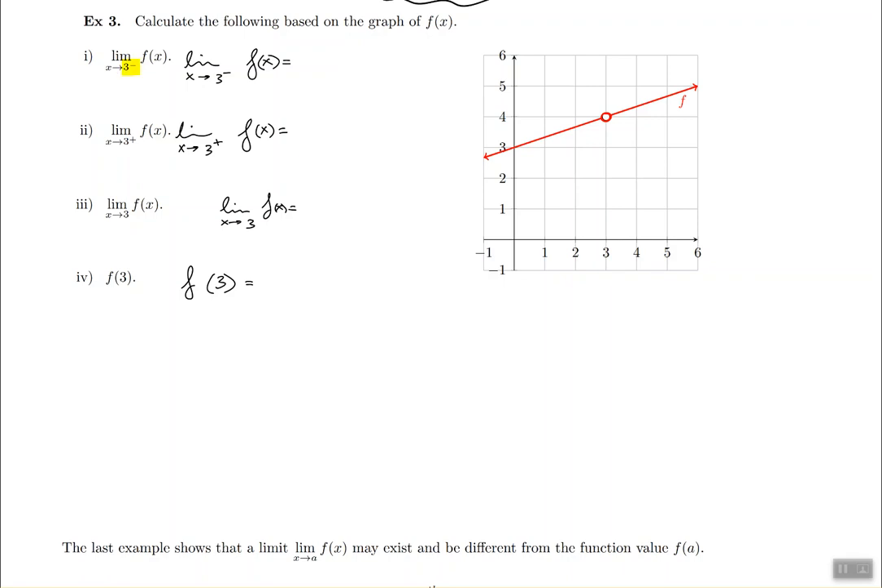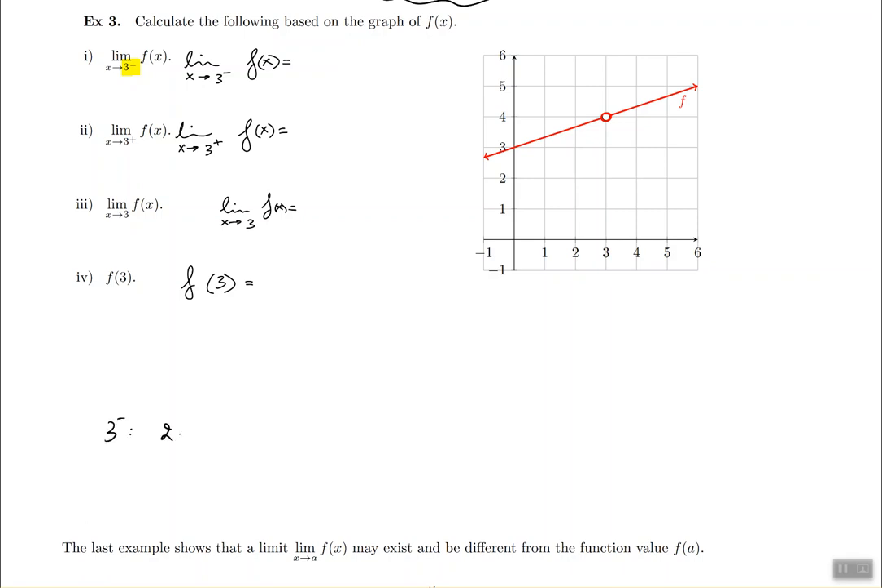So what does it mean to say 3 minus? Literally 3 minus means pick a number that's slightly less than 3. So you should not be thinking about 2 and 1 and 0. Those are really far from 3. They're really far away. In terms of limits, when I say 3 minus, you should be thinking in your head